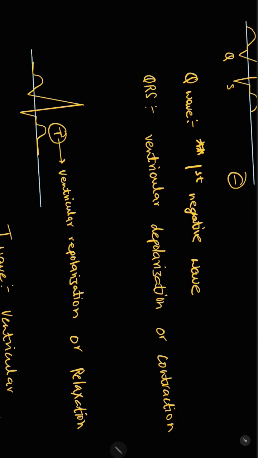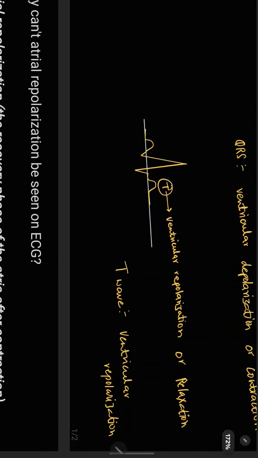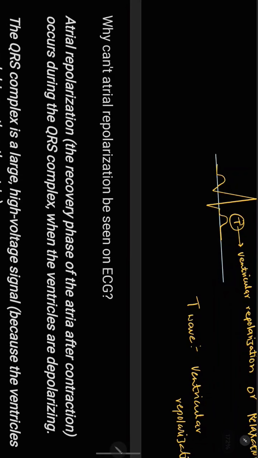So the question comes, where is the atrial repolarization? You can't see an atrial repolarization on ECG. Why is this? Because the atrial repolarization is there during the QRS complex, but it is hidden. You guys already know that the ventricles are bigger compared to the atria, right? So the ventricular depolarization and the